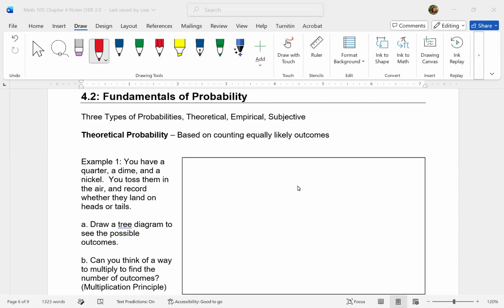But I'm not very good at tree diagrams, so I'm just going to admit that right off the bat. Okay, so here we go. I'm going to do my best. First thing, we're going to toss the quarter, so we're going to look at outcomes for flipping the quarter. We have two possible outcomes: heads